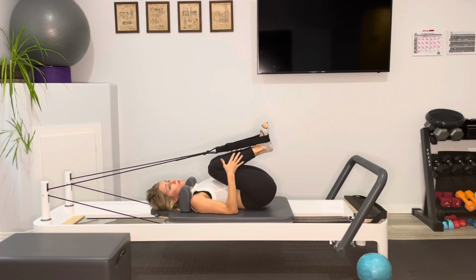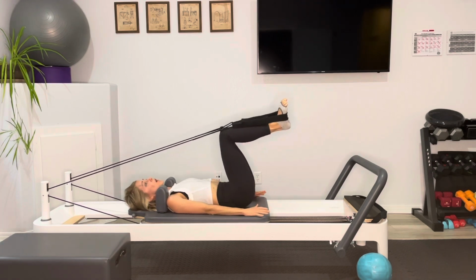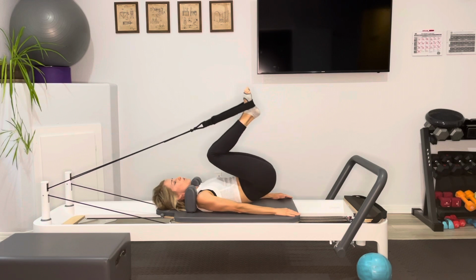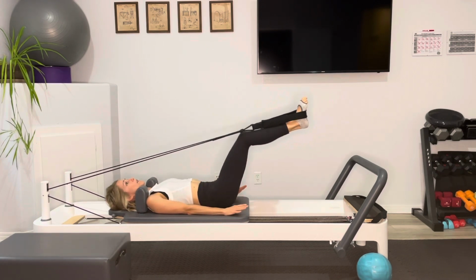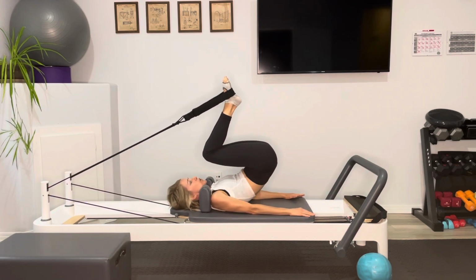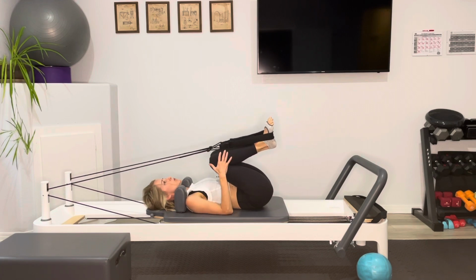And I want to take this into short spine. If you have any neck, any funky back stuff, I would say just avoid this. Another option is press the legs out, draw them in, rock up a little bit, and rock down. That's option A. That's if you have any funky neck stuff, if you know that short spine is not for you. If you want to do short spine, we're going to bring our knees in toward our chest,